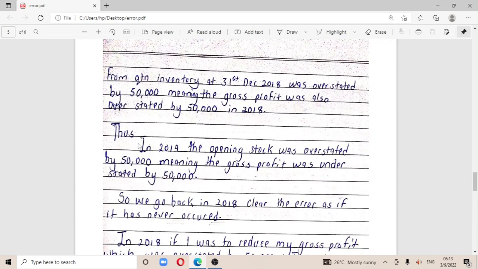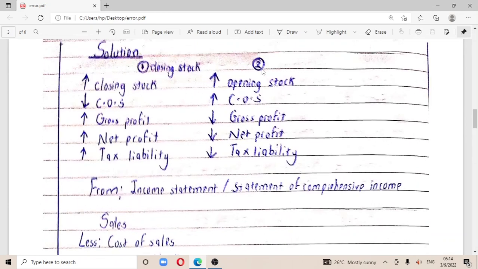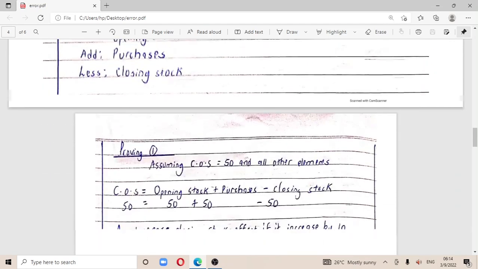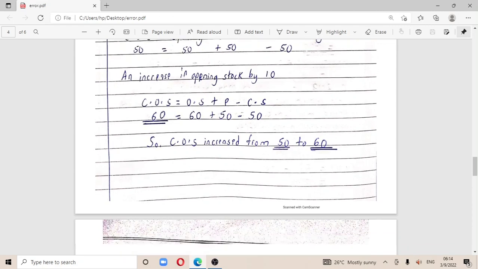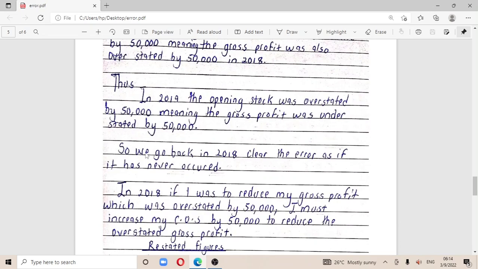Then let's first continue. They are saying in 2019, the opening stock was overstated by 50. So if in 2018 the closing stock was increased by 50, it will be the opening stock for 2019. Meaning if opening stock increases, the gross profit will be understated. So meaning that having an increase in the opening stock, the gross profit will decrease. That means we are having wrong figures in the question, meaning in 2018 we have an overstated figure, and in 2019,